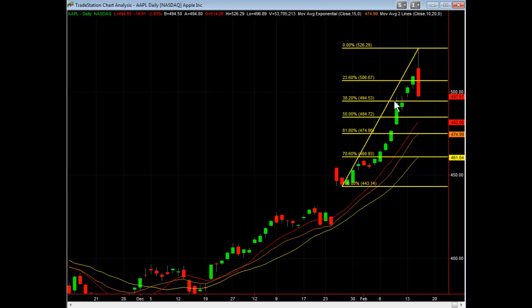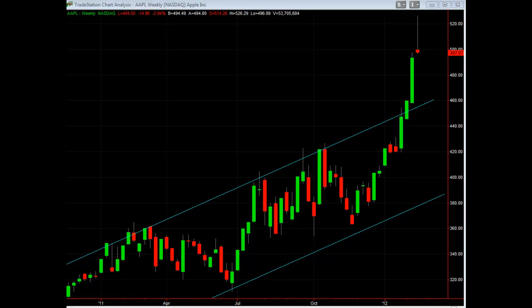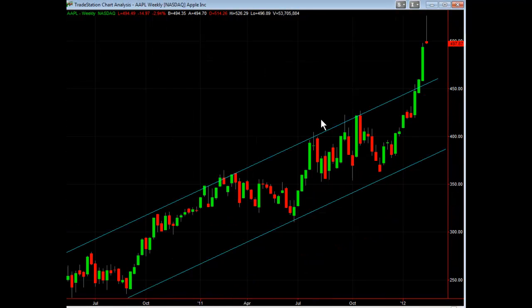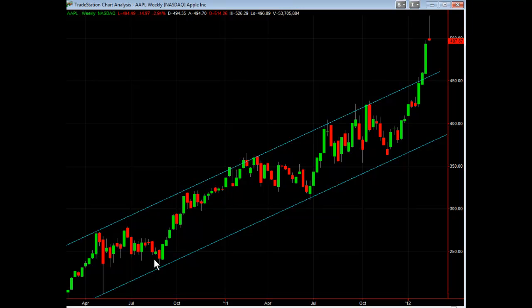Now let me show you one more chart that's very interesting on a weekly basis. Now one more thing to be aware of, this is a weekly chart of Apple, and this shows you the parabolic move that it's had. This is the channel. This is a weekly chart. This shows you its current trend or channel that it's been in for months. So let me go back a little further. So see, it's been in this nice uptrend, trending up, and then it broke the top of the channel.